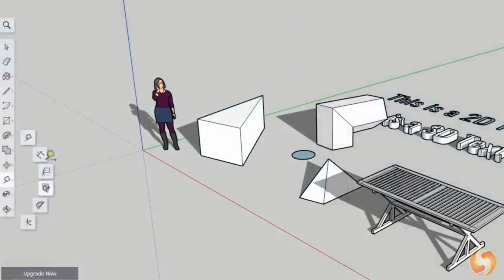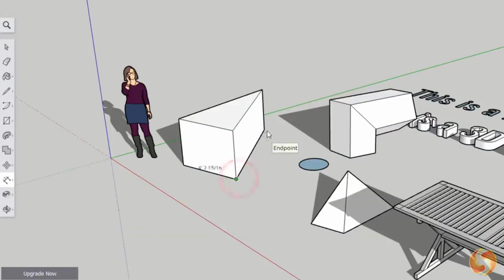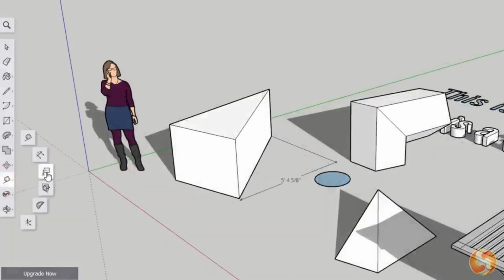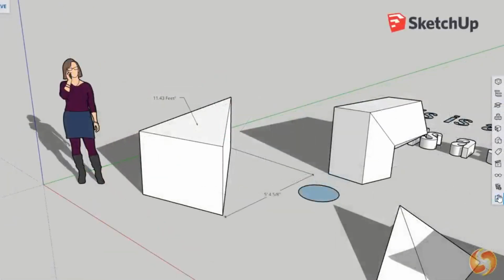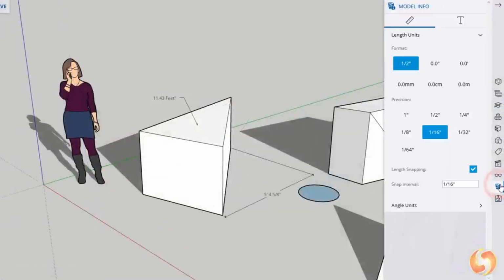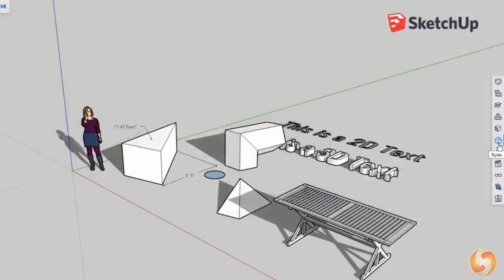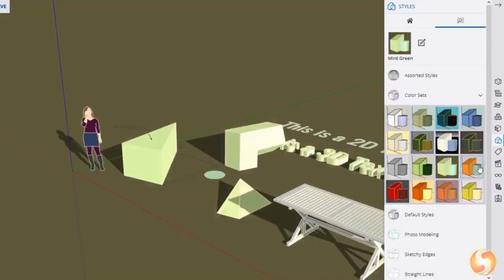Whereas if you need to measure length and area on objects, use the measurement tools. You can set their units, annotation style, and precision from the Model Info panel. You can also open the Styles panel to preview your objects differently.